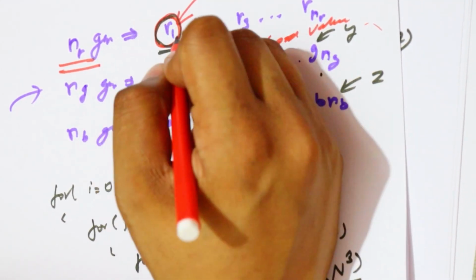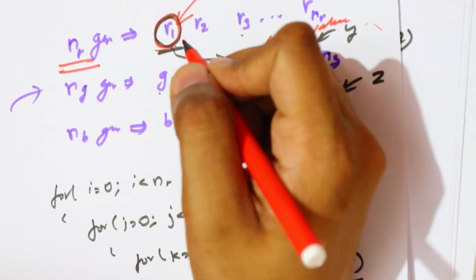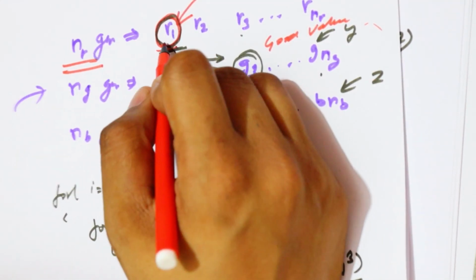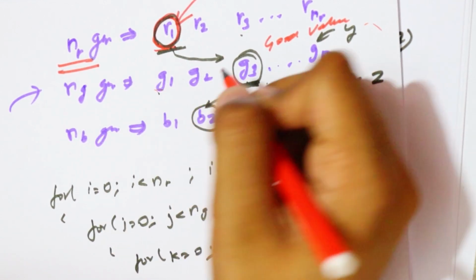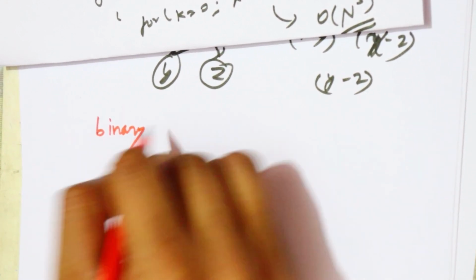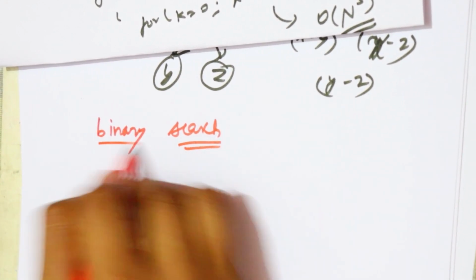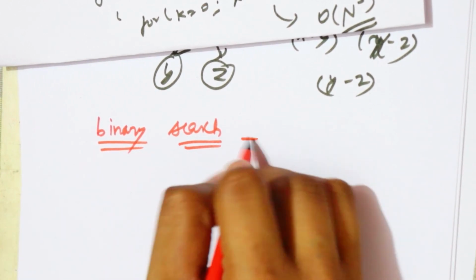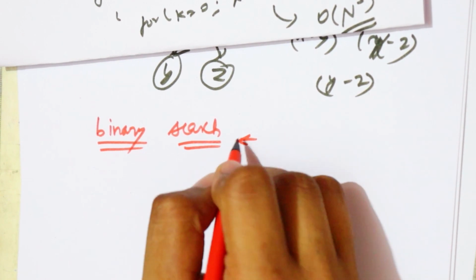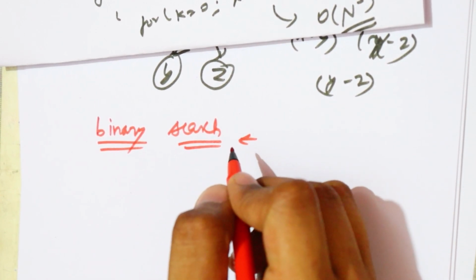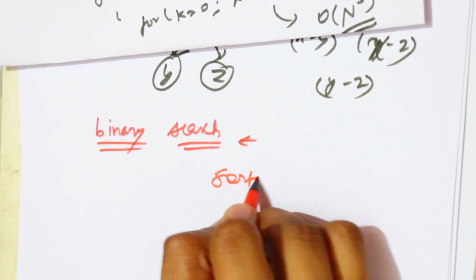we will first of all run a loop for this, and find the nearest value of this in this. Now you will ask, Aryan, how will I find it? A good question. Let me remind you of a term: binary search. But actually, it is applied on a sorted array.